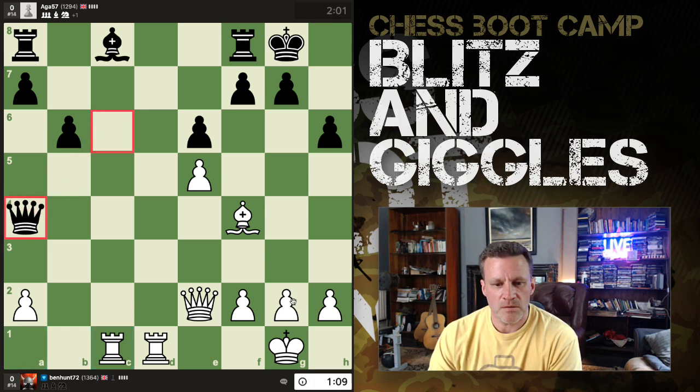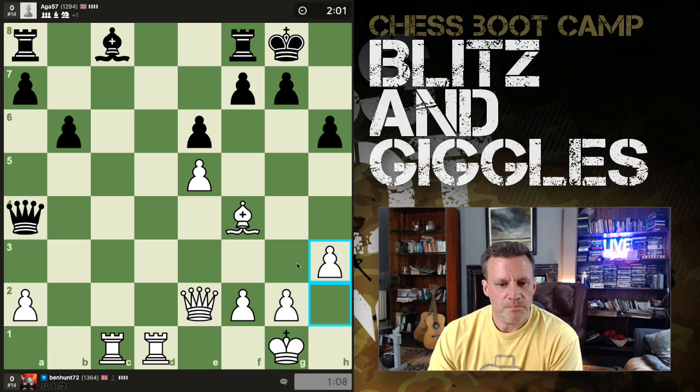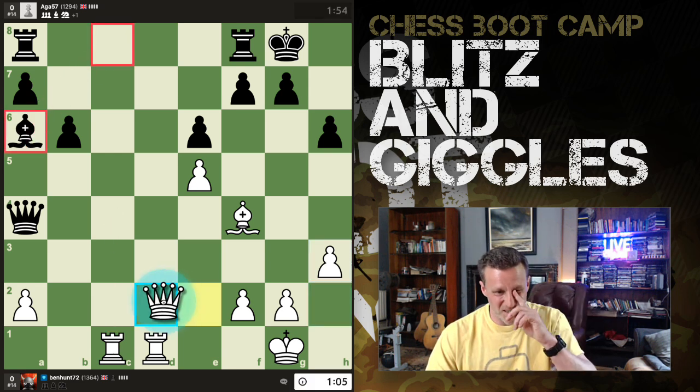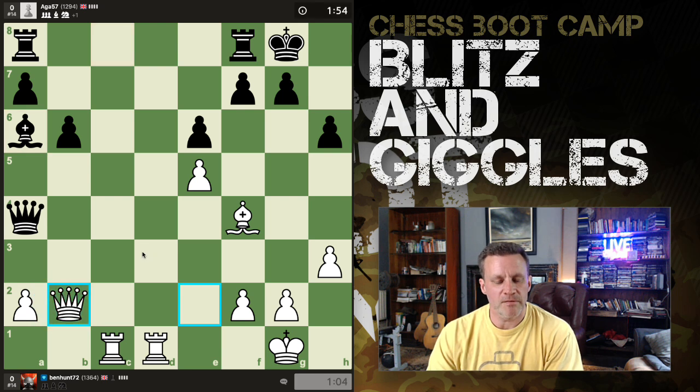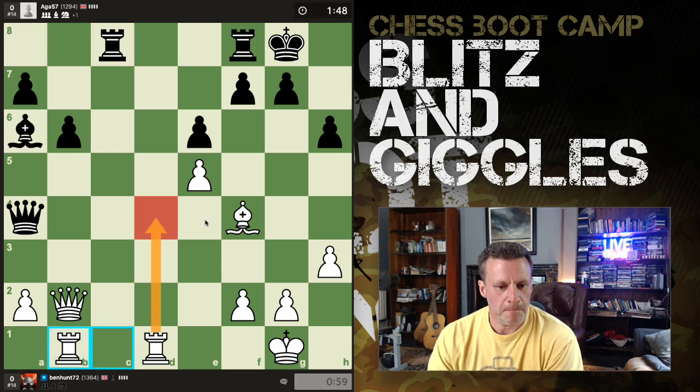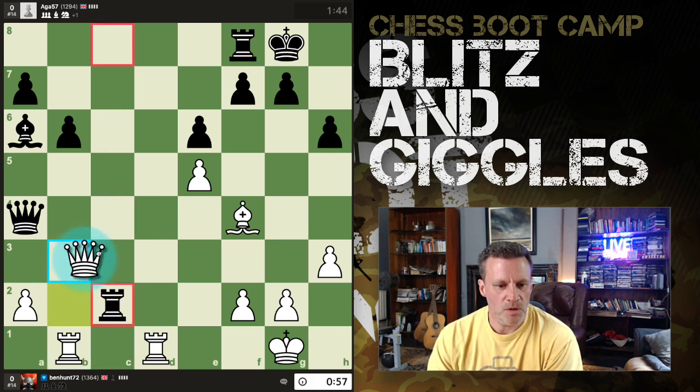How do you win a game like this? That attacks the queen at least. Get out of it. Get out of it. I'm still defending this pawn, yeah? And I still have this. Not that it's convincing. Get my queen to...